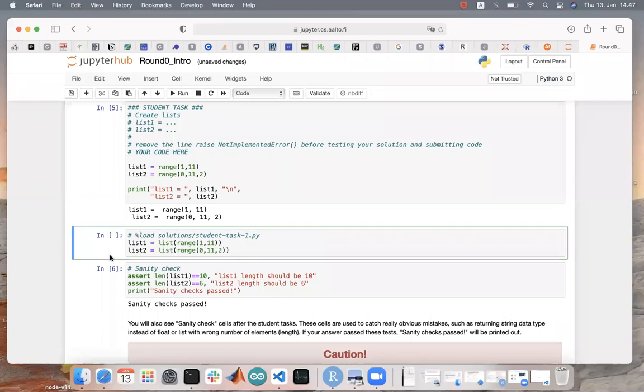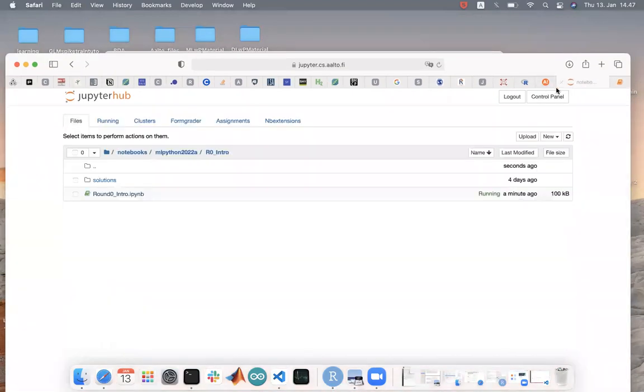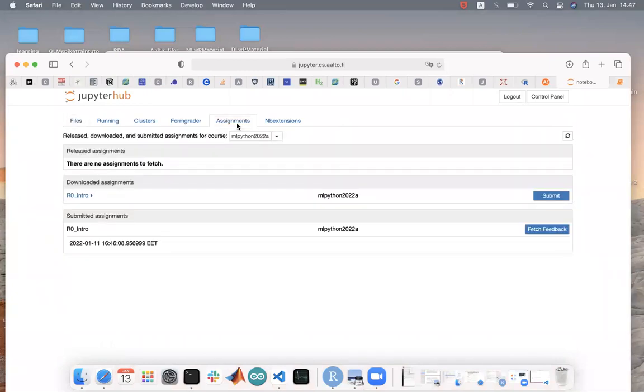After you will go through all the exercises and the text, then you can go back to assignments and you can submit your notebook. How to know that your notebook is submitted? You will find it under these submitted assignments, and your submission will have a timestamp. So if you will submit the notebook, there should be the timestamp.